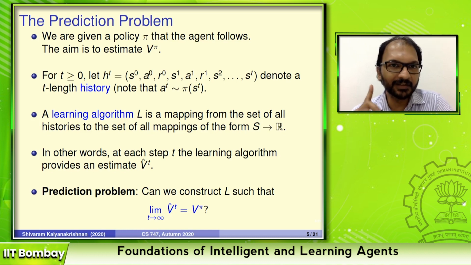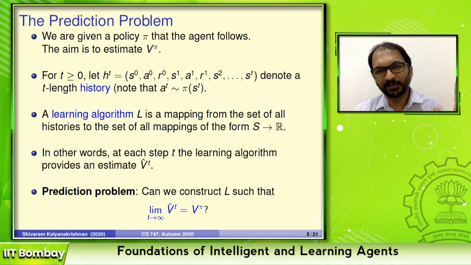One thing to mention is we are being a little bit hand wavy when we say that we want an algorithm L such that v hat t will converge to v pi. That's because v hat t is a random variable. So what do we mean by saying the limit of this is v pi? V pi, given the MDP and policy, is like a fixed vector. So you have to be a little bit more specific when you're saying a random variable is converging to something. But for all practical purposes, I think it's okay not to worry so much if you intuitively understand what is going on.